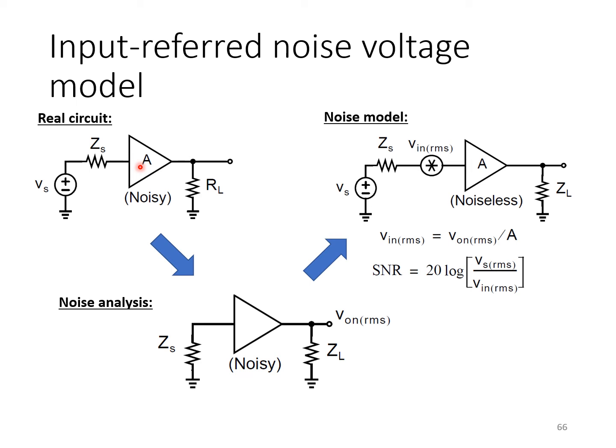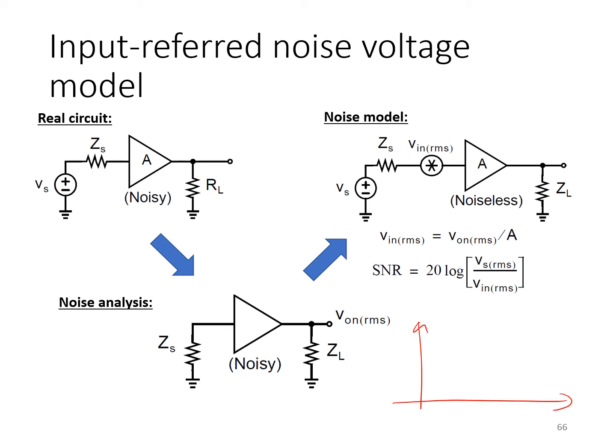Well, what you can do is perform a noise analysis of the circuit with Vs equal to 0. If you're doing it by hand, you do the analysis one noise source at a time, and then superimpose them all at the output, or of course you can run an AC noise simulation of this test circuit here. And then what you'll get at the output will be a bunch of noise sources all superimposed,